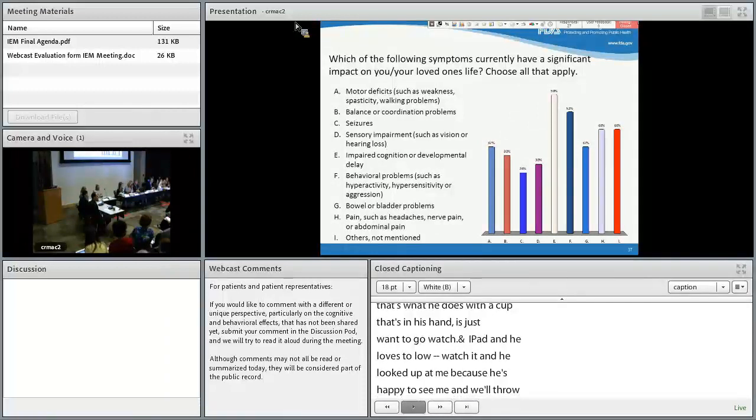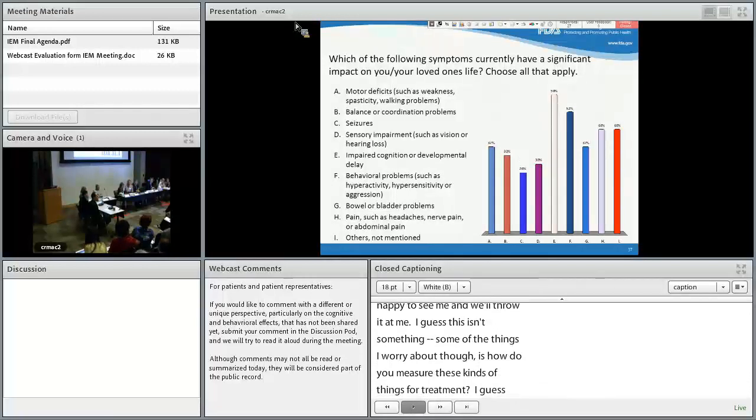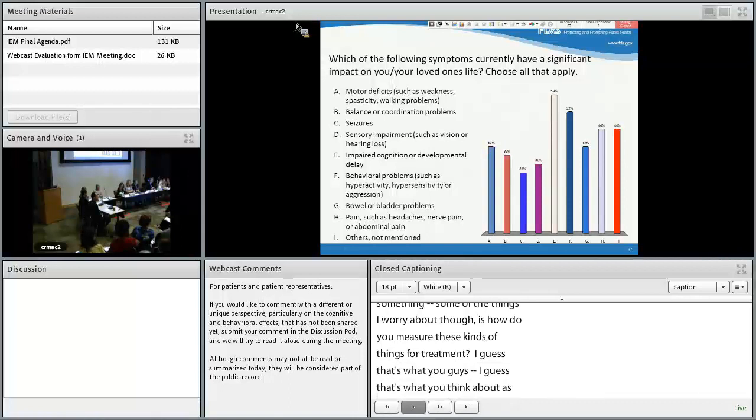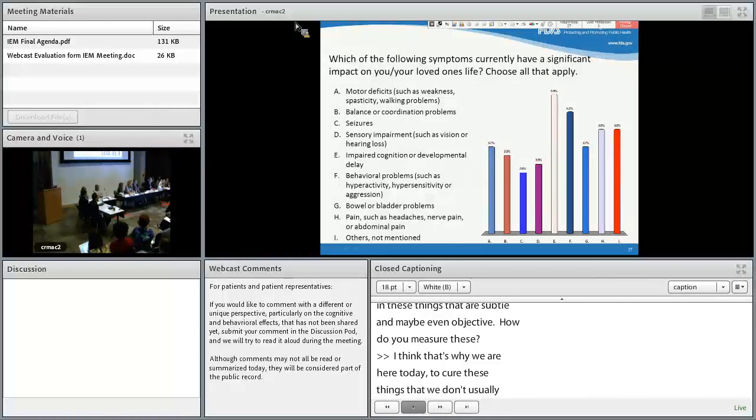Some of the things I worry about, though, is how do you measure these kinds of things for a treatment? I guess that's what you guys think about as experts. But these are really small populations, and treatment effects may be very small. I would be interested in these things that are subtle and maybe even objective. How do you measure these, right? I think that's why we're here today, to hear these things that we don't usually hear about in more technical settings. Let's see, one here, and then we'll go to...